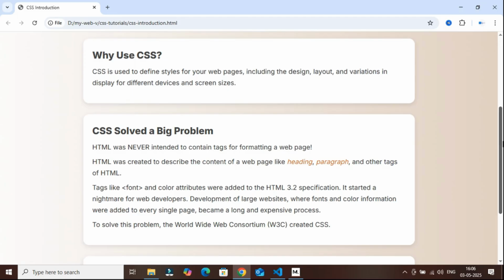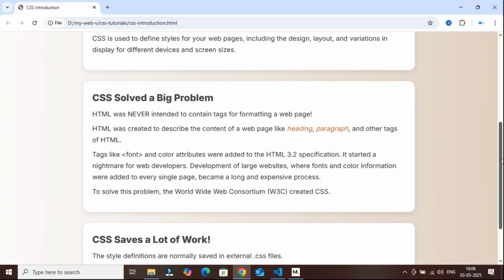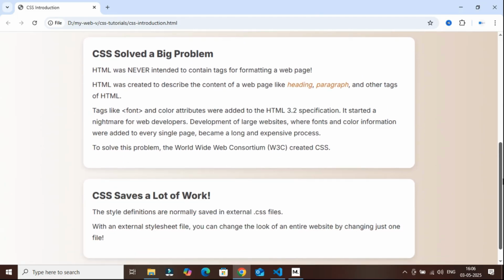Back in the early days of the web, HTML was never meant to handle design. It was created purely to structure content, using elements like headings, paragraphs, and lists. But as websites became more complex, developers began to misuse HTML, adding tags like font and color attributes directly into their pages. This quickly turned into a nightmare, especially for large sites.